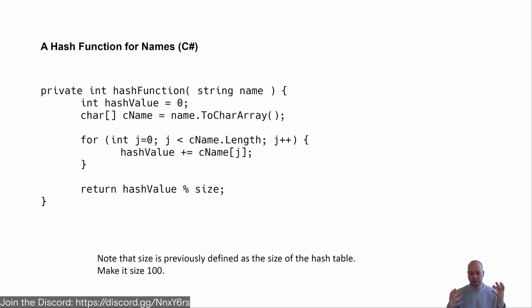So we start off with a hash value of 0, and we convert our string into a character array, and for every character in the array, we're essentially just adding the value of that character, like the ASCII value, to this hash value, right? And then it goes up and up and up, and eventually we modulo that to ensure that it's within a certain bound. And so the